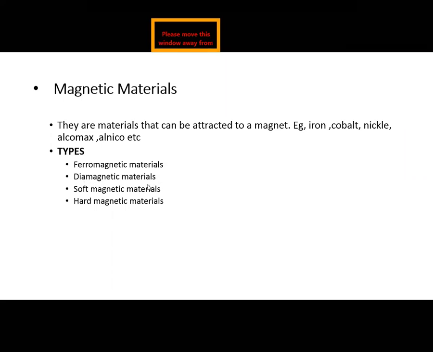And if you come to the diamagnetic, they show a very weak attraction to magnets. An example is copper and gold. So we have the ferromagnetic materials, the paramagnetic materials, and the diamagnetic. The ferromagnetic are materials that have strong attraction for magnets. The paramagnetic materials show weak attraction to magnets. The diamagnetic show very weak attraction to magnets. If you come to the hard magnetic materials,